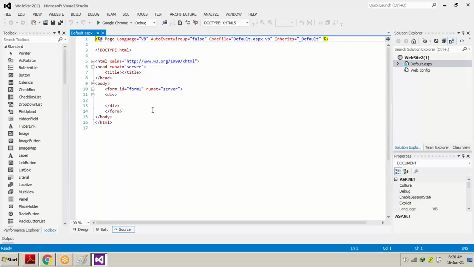Okay, so you can see a div tag over here, the div opening over here, and the div closing over here. You can see every form, every tag. The form tag is over here, the opening form tag and the closing form tag, and the div tag is between the form tags. So what is the difference? How are you going to find out which tag is the opening tag and which is the closing tag? Remember, you can see the div tag over here, and the div closing tag over here.